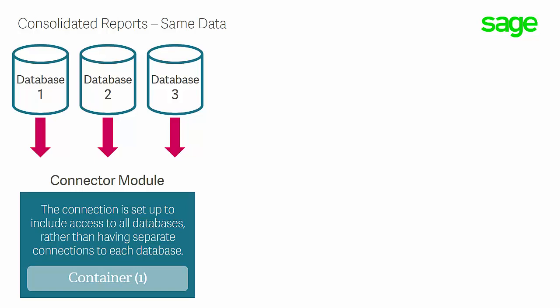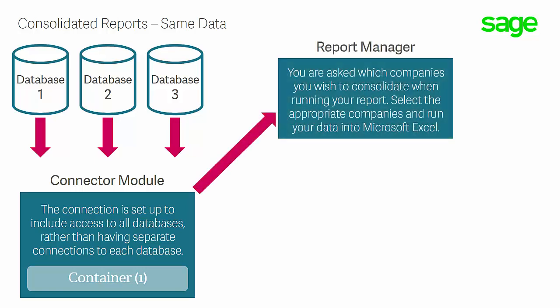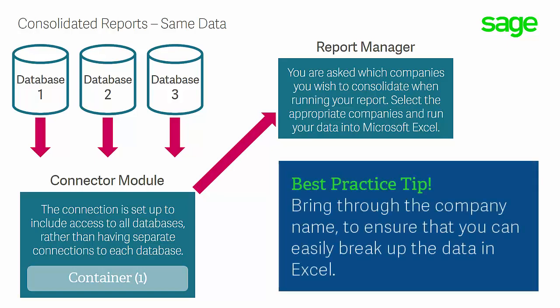We can make one pick list command that uses our container to go into each of the databases and pull it through the report manager into the one report. Because we're asking for the same information every time, there's no problem putting that information one under the other on the same sheet. The only thing you would need to be careful of is to make sure that you